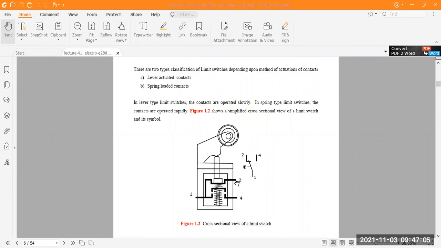So there are two types of limit switch we classify, depending upon the method of actuation of the contacts. One is the lever actuated contact, another is the spring loaded contact.